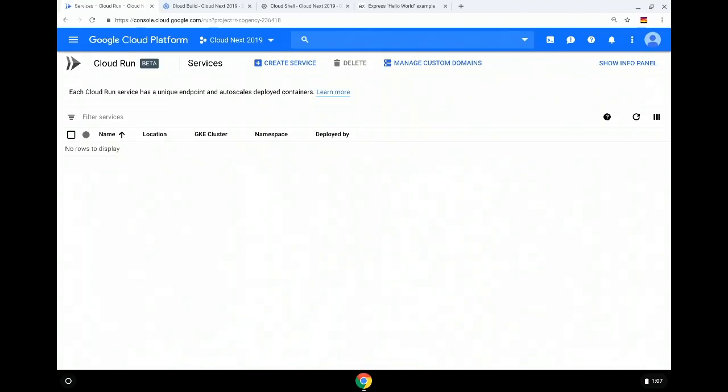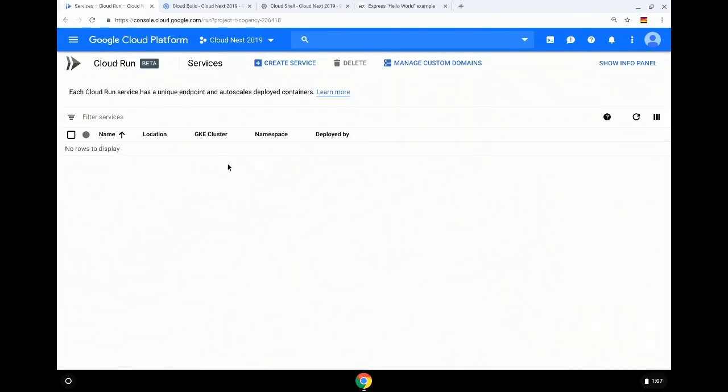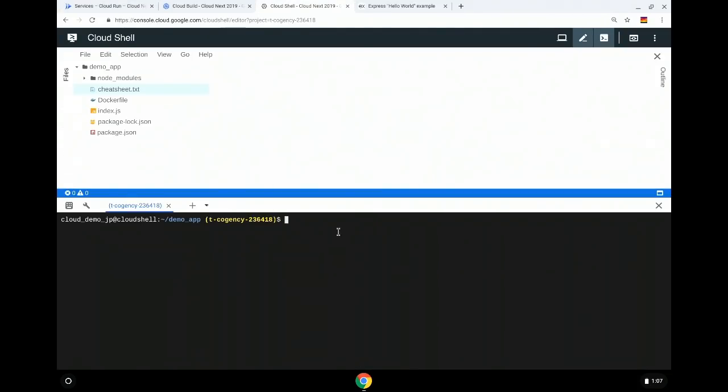This is Cloud Console. I'm logged into the Cloud Run section. So here on the left nav, we have a new option called Cloud Run. Over here, I just have a Cloud Shell. I'm not going to do anything fancy. I just wanted to show you how easy it is to create and deploy a new service as a container